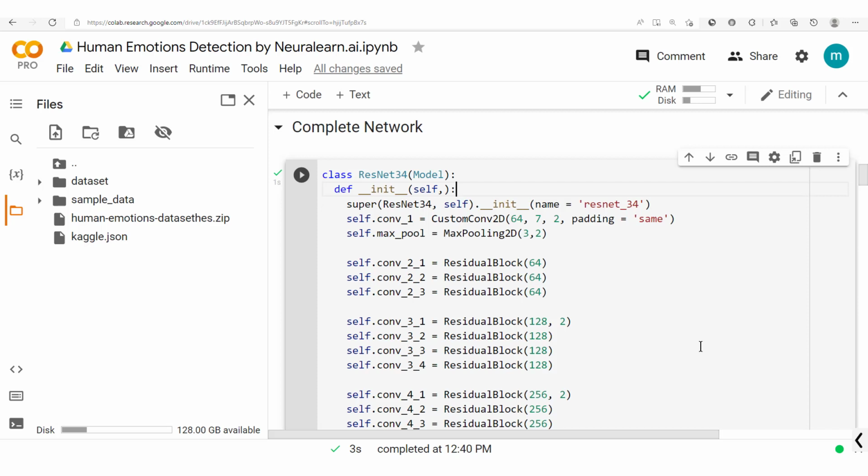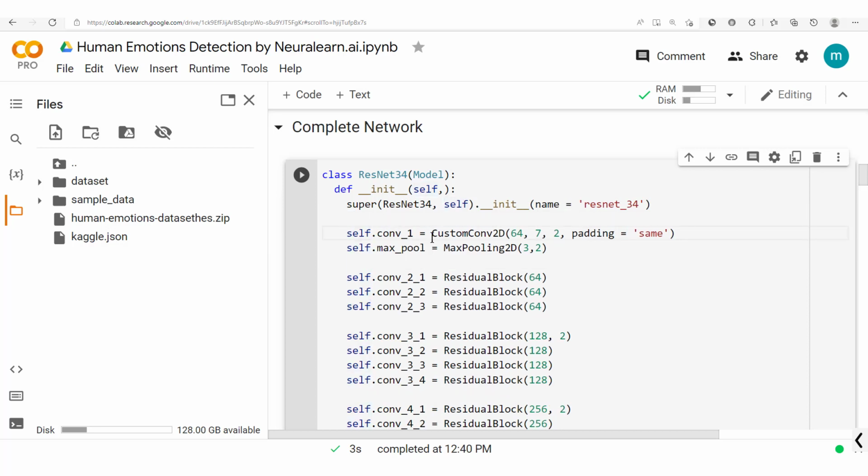We are going to construct our ResNet 34 model while making use of model subclassing. So you could check out the previous sections so you better understand how model subclassing is implemented in TensorFlow 2. Now that said, here we have this ResNet 34 model right here, and then the first layer we have is